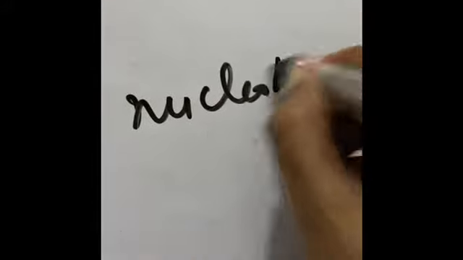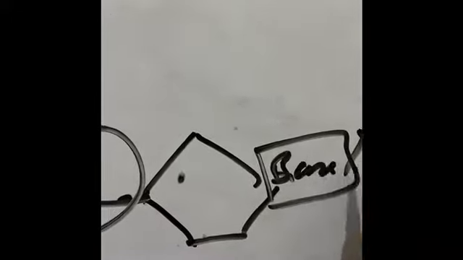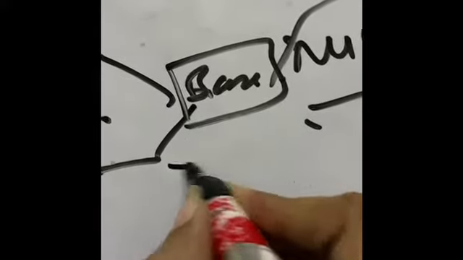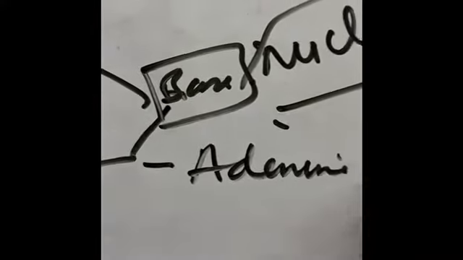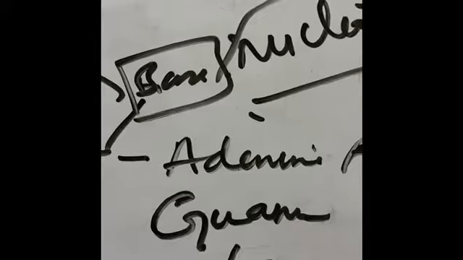Okay, and each DNA is having repeating units of nucleotides. On DNA itself are present the nucleotides. Now nucleotides are made up of three components: sugar, phosphate group, and a base. So the sugar and phosphate group remain the same, but the bases keep on changing. And there are four bases. Number one is adenine with A, guanine with G, cytosine with C, and thymine